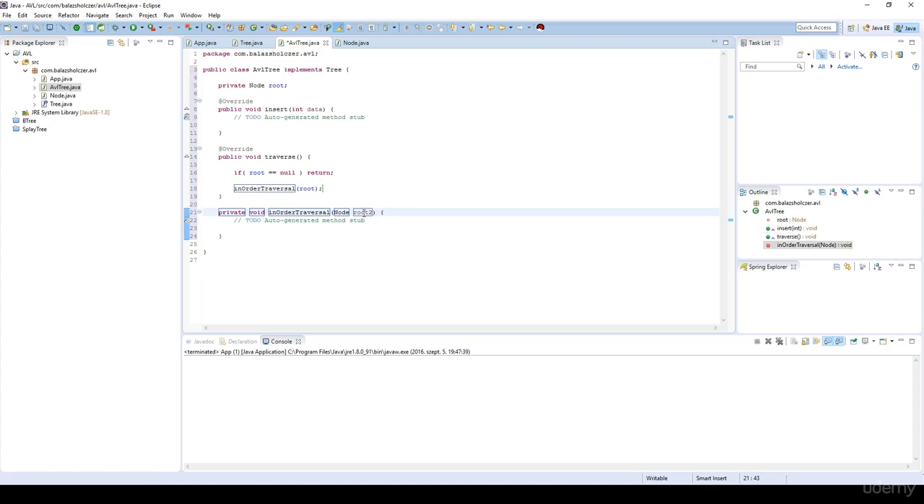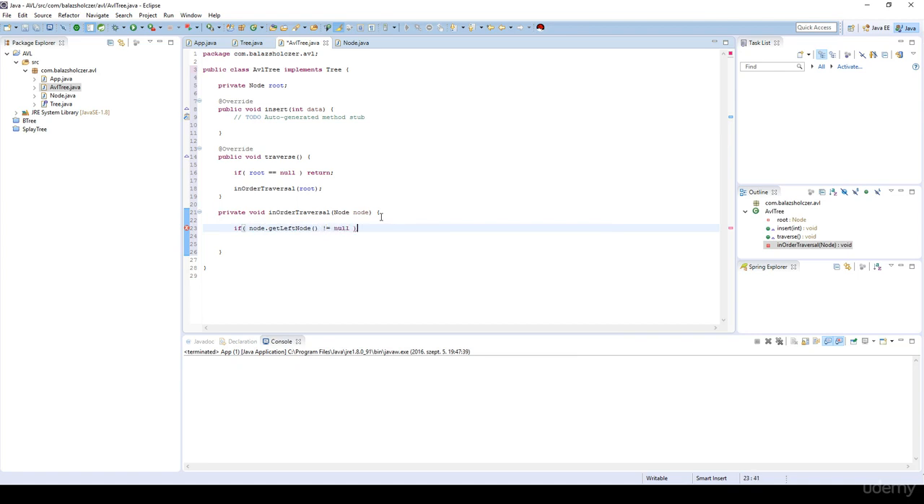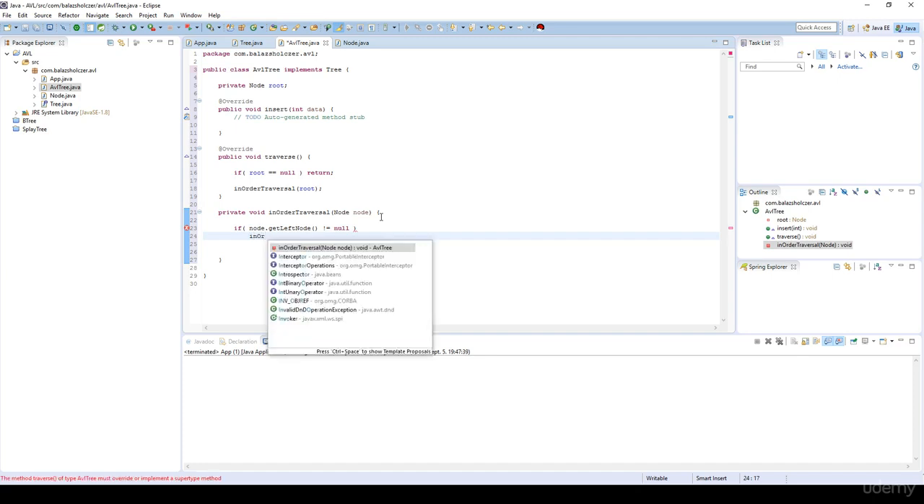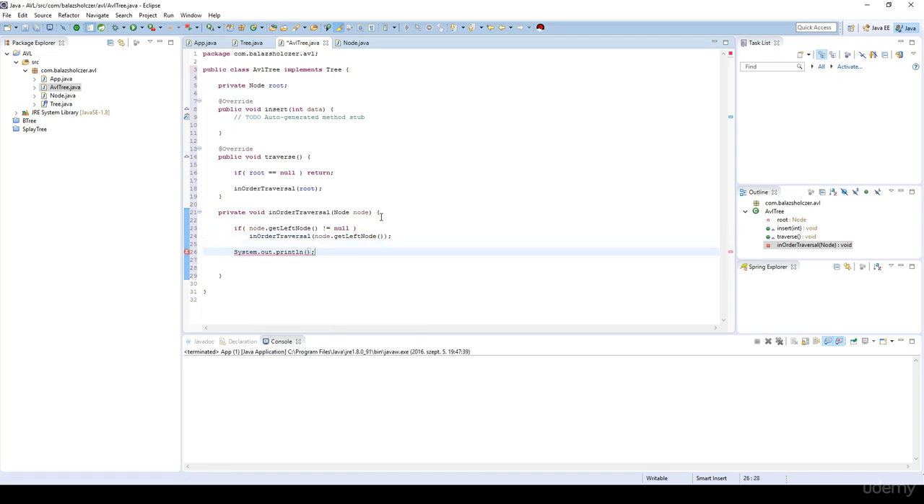Okay, it's going to get a node, not necessarily the root node, so it's just going to be a simple node in the binary tree. And we go as far to the left as possible. So if the node.getLeftNode is not equal to null, we are just going to call this in-order traversal method on the node.getLeftNode. Then if it's null, then we print out the subtree's root node, so we just print out the node,